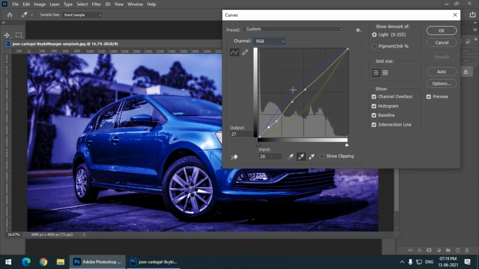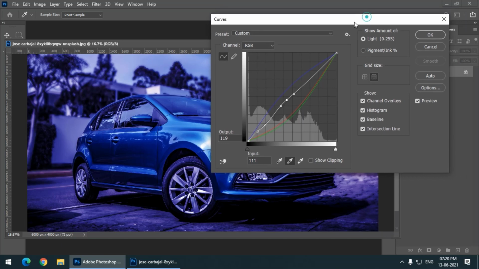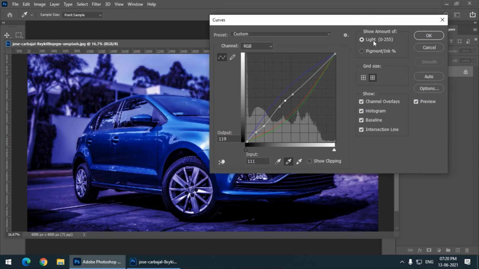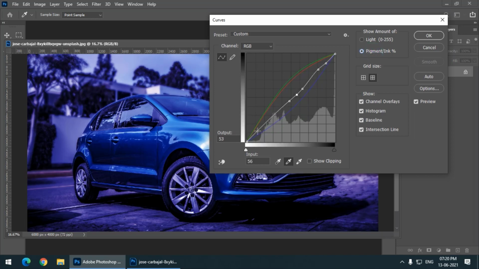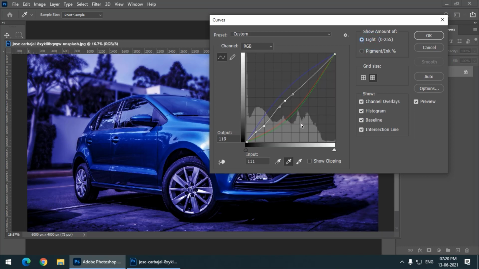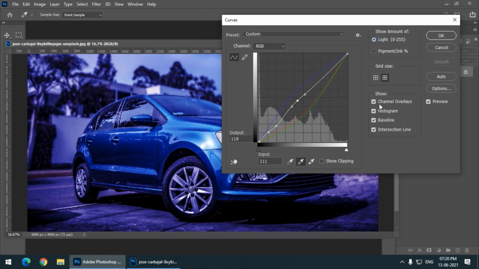We also have this thing that I have told you earlier. Do we want this in light amount, or do we want the ink of the colors? Do we want to show the amount of colors or the ink present in the image, and this is the histogram of the light present in the image. So these are basically the overlays and histogram. So we can check these values.